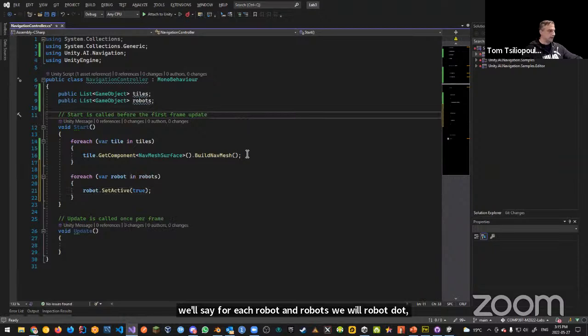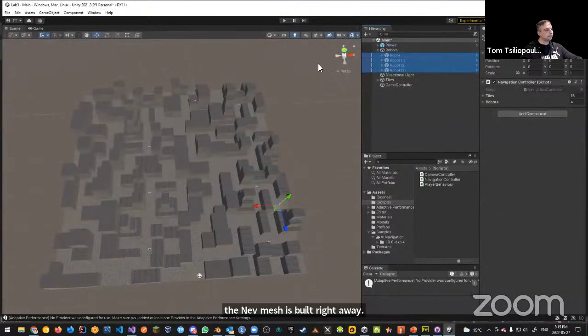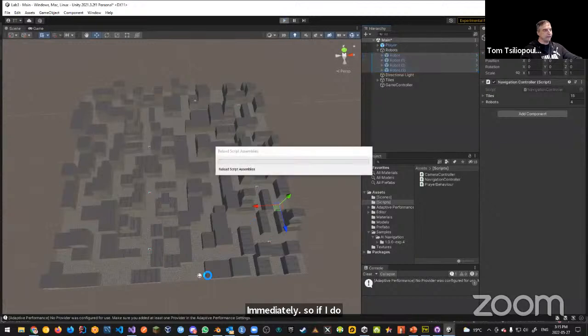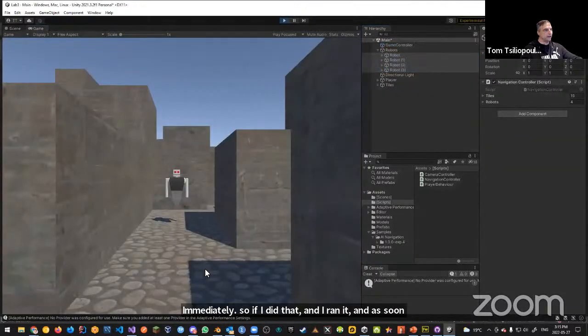Okay. And let's see if that messes things up if I did this. So I'm going to set them active to true after, that's what I'm hoping to do, I build the NavMesh. Okay. Now this is assuming that the NavMesh is built right away, immediately. Okay. Save. So if I did that and I ran it,